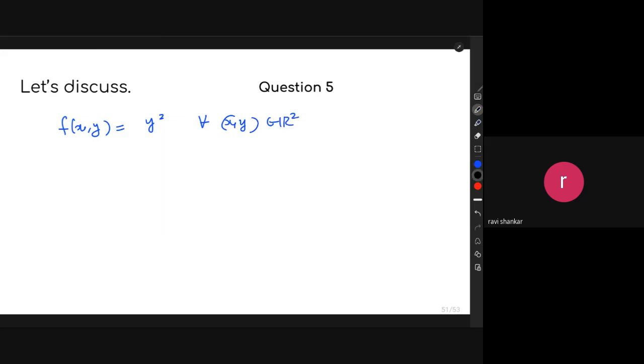Then if you first differentiate this with respect to x, what will you get? Because this is a function of the y variable, this is nothing but going to be 0, correct? And now if you further differentiate this with respect to y, you will get 0. But if you differentiate,